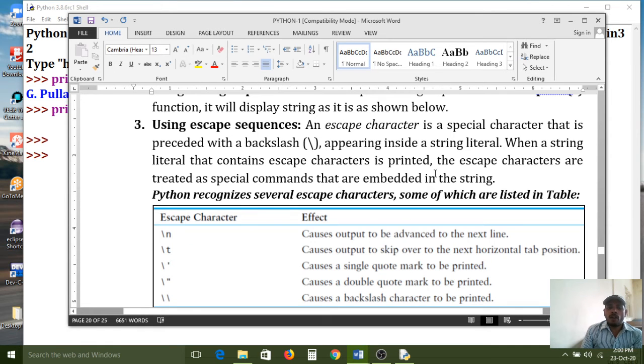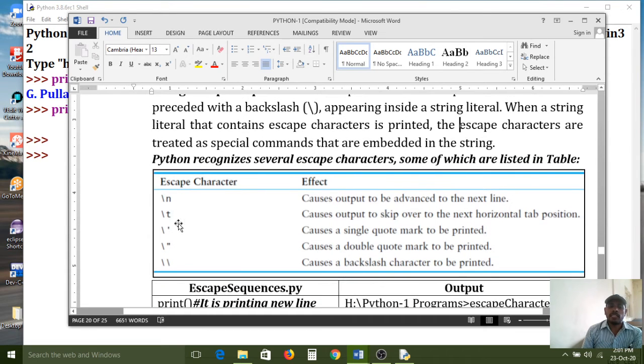Python can support a number of escape sequence characters, but here I have given a few examples for your understanding: \n, \t, \single quote, \double quotes, double slashes.